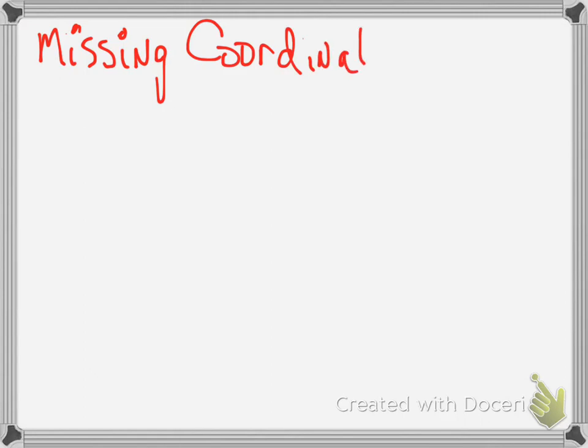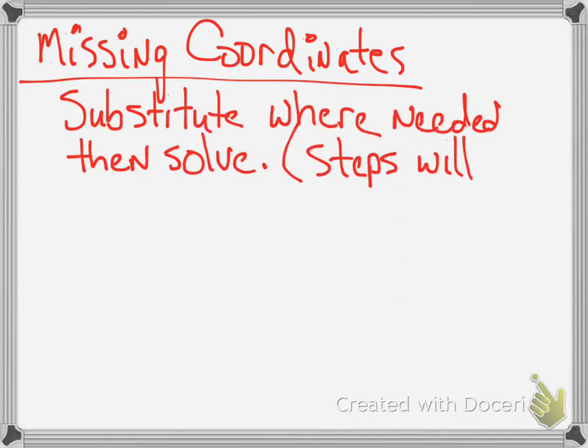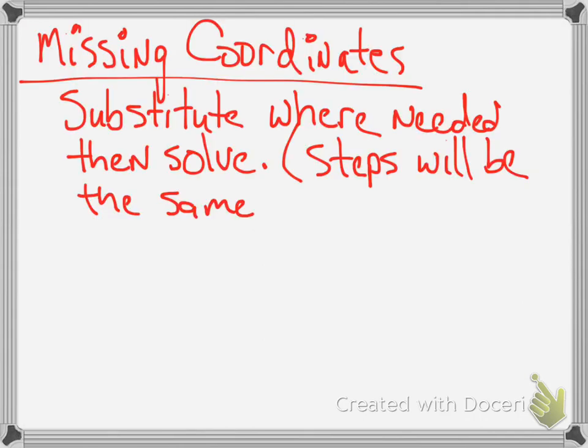All right, so what happens if I'm given, say, the midpoint, and I need to find an endpoint? Well, the idea there is we want to substitute where needed, then solve. The steps will be the same, just maybe slightly different numbers. So we're going to substitute where needed and then solve. For example,